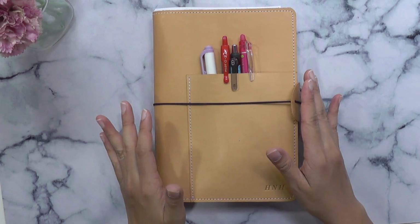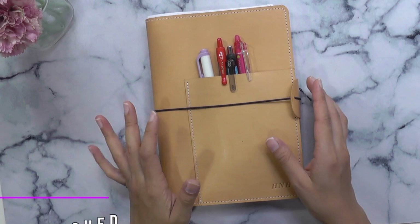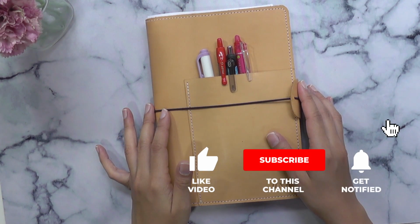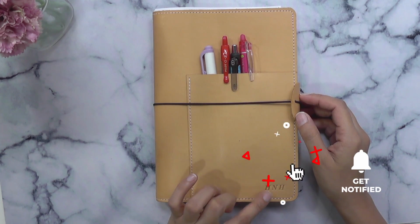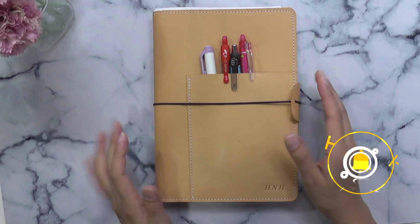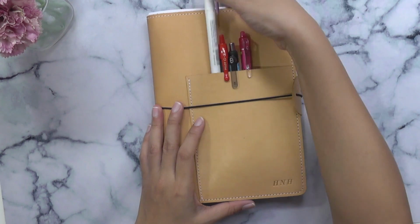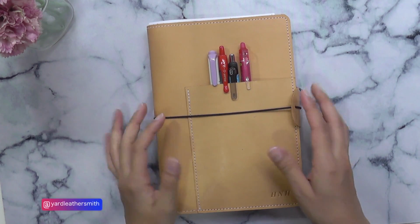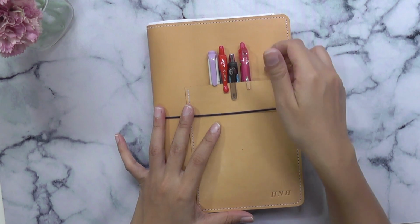Hey everyone, this is my work planner that I use in my office. This planner is from the Yard the Leathersmith. I've also put in my initial H&H, which stands for Hitch and Hitched, but this was a special edition made by the Yard Leather. So in front here he has a pocket which I decided to put in my pens,